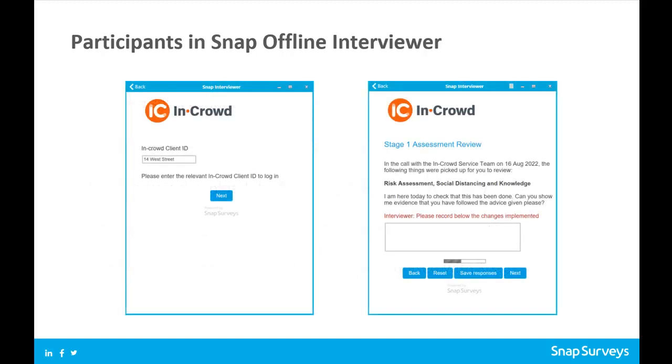When an interview is conducted, the interviewer types in the participant's unique ID, which then pulls through any relevant information that might be required for that specific interview. For example, it might pull through their email address so it can be checked to see if it's still correct, or perhaps it might pull through the number of people that normally occupy that office or residence. Here you can see it's pulling through the data of a previous phone call, and it's also highlighting some things that were picked up during that call.